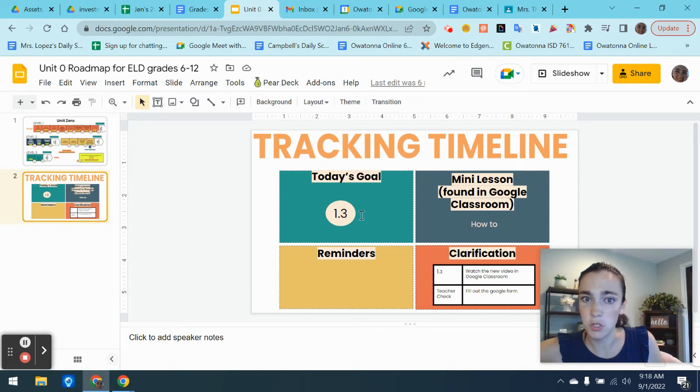The second slide is going to show you 4 things. Number 1, today's goal. So if it says 1.3, that means my goal is for you to finish up to level 1, lesson 3. Then mini lesson. There could be a mini lesson that I post in Google Classroom based on something that I've seen as a student need. You're going to click there and you're going to watch that mini lesson. The reminders or anything I think you need to know,